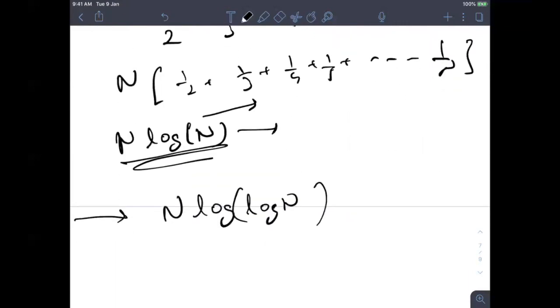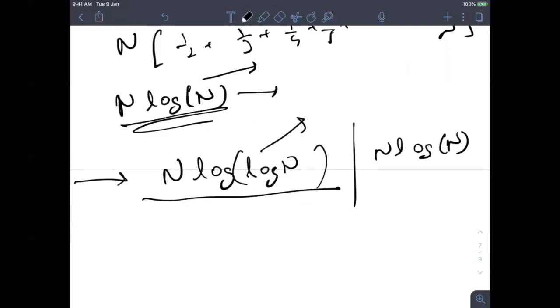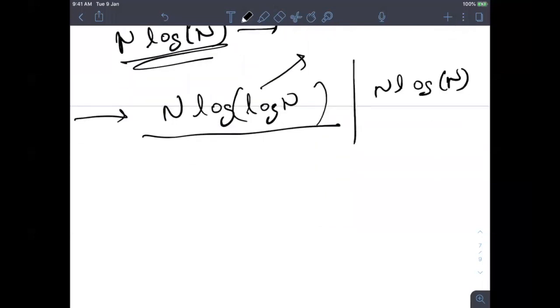And if you see clearly, it is a very small factor. If we are doing it like this, and if we would have marked for every number, it would have been n log n. There is a very small difference in these two numbers, and it will not cost us much during competitive coding. So if you can remember, you can simply use n of log log n to find the sieve.